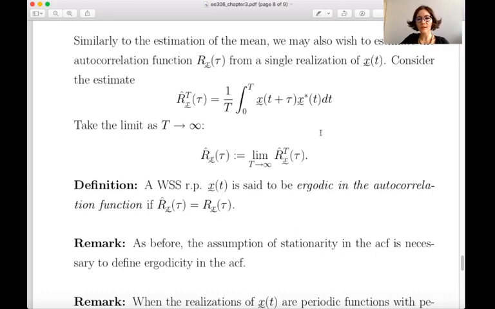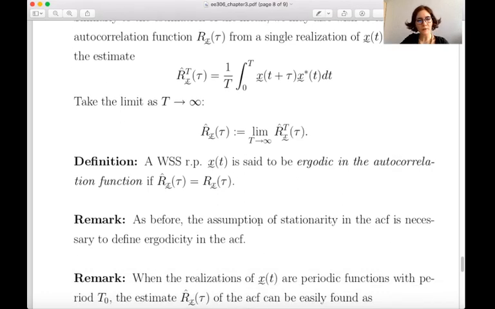Now, the good question is, can I claim that the estimate of the autocorrelation function that I obtained in this way by taking the time average is actually a good estimate for the actual autocorrelation function? The answer is, for some kinds of random processes, yes. And whenever I can do this for a random process, I call that process ergodic in the autocorrelation function. So here is the formal definition for that. A wide-sense stationary random process x of t is said to be ergodic in the autocorrelation function if this limit obtained by